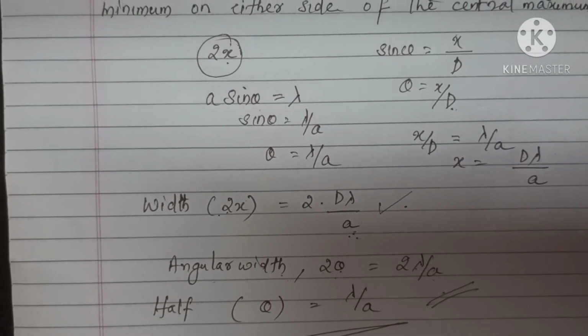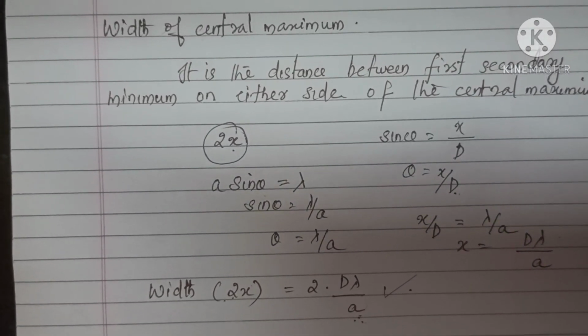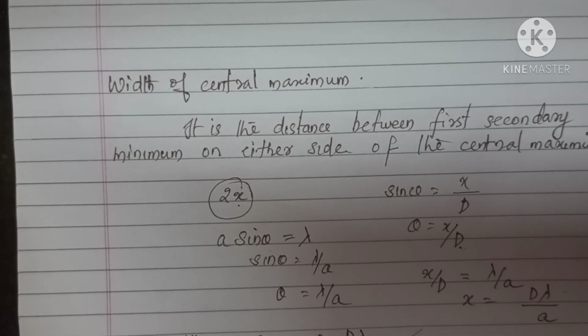So that's all about diffraction. Again I am saying it is very important, and this chapter is over because the next part, polarization of light, is not in your revised syllabus. It is deleted. So that's all about wave optics. Our two portions, interference as well as diffraction, are over.